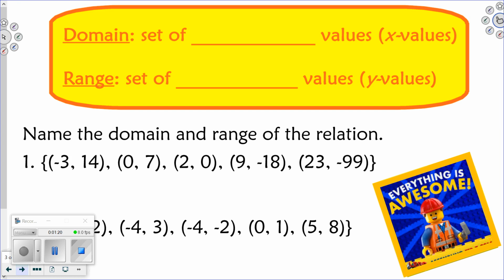All right, so then with inputs and outputs, other words for those are domain and range. Okay, so which one is domain, you think? That's X. Is it input or output? That's input. X is always the input, because what are you always plugging values in for? You plug in for X to figure out Y. So your inputs are your X values, or your domain. Okay, range is your set of output,